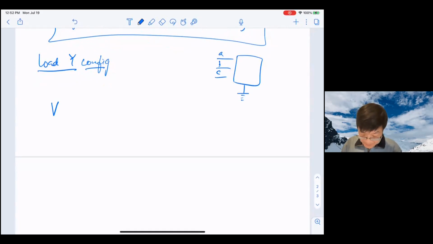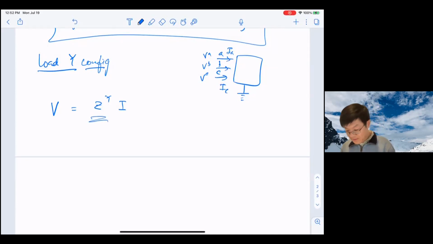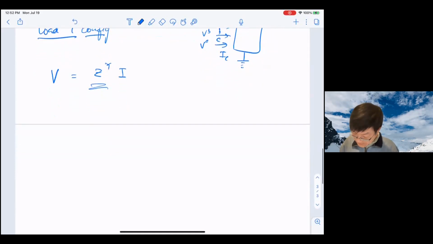Then you get V equals Z_Y times I, where V are the voltages, V_A, V_B, V_C, and currents are I_A, I_B, I_C. So they are related by a matrix that defines your impedance load. Now, if your load is in delta configuration,